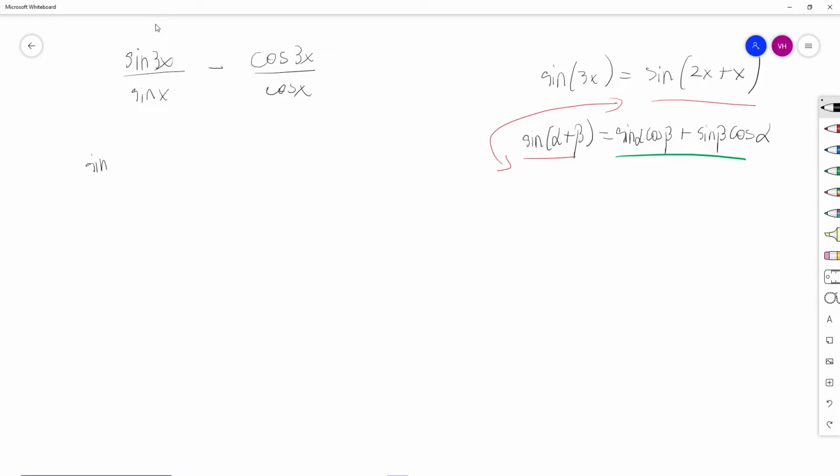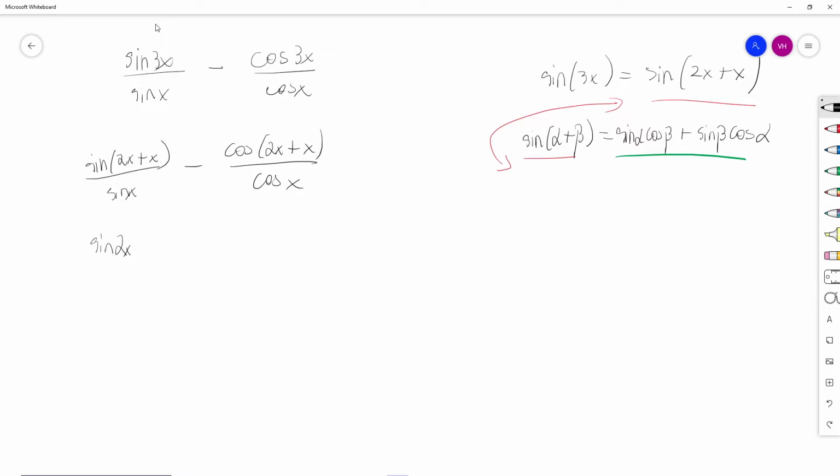sine 2x plus x over sine x. The denominators we keep the same, we don't change them since we can do virtually nothing with them right now. Cos of 2x plus x, we do the same thing as with sine, we split it up over cos x. And so let's open this whole thing up